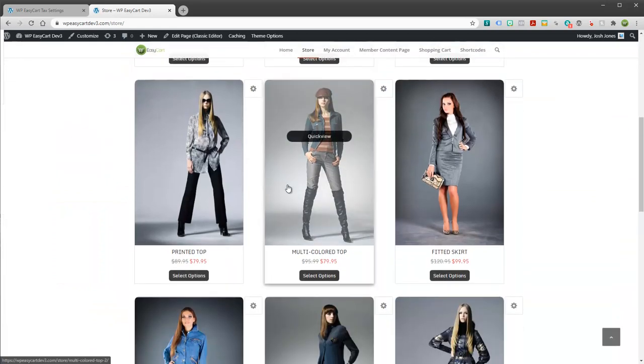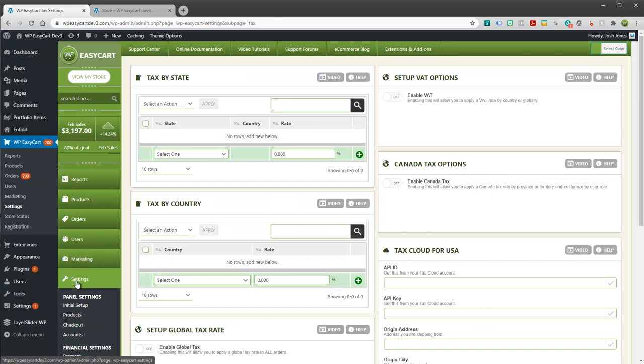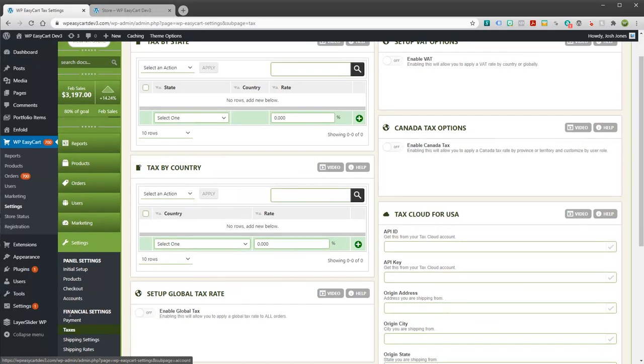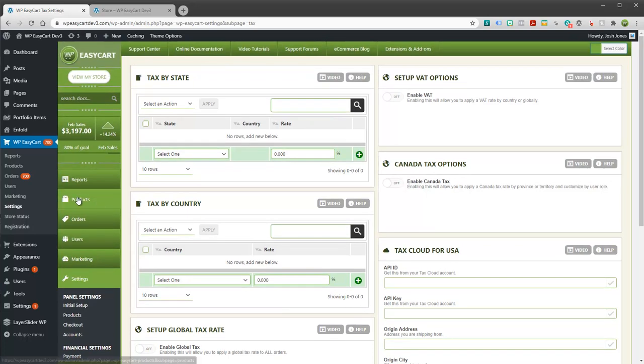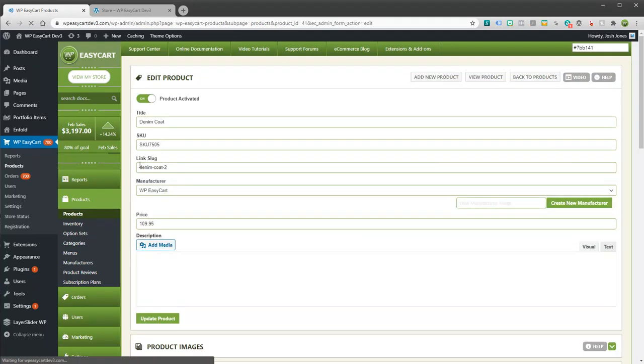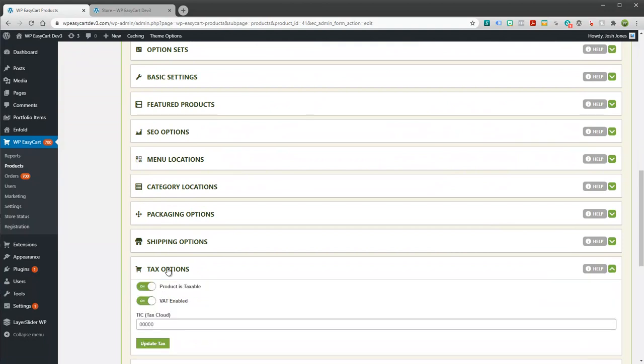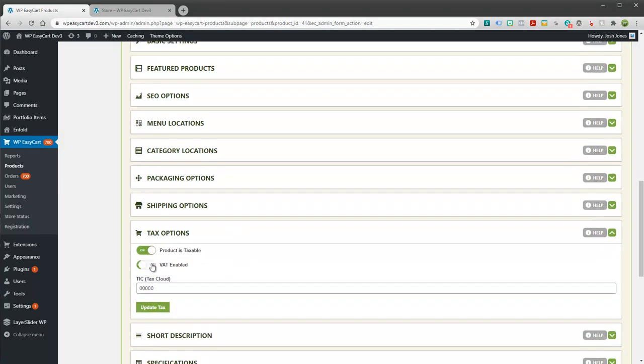We have just a basic demo of our products. And of course everything we do is going to happen in our settings and taxes. But before we do that, I always like to have users, and I get a lot of support requests on this, because they go through and set up taxes for a variety of things and they never see them. And so you have to go into every single product, and under tax options you have the option to make